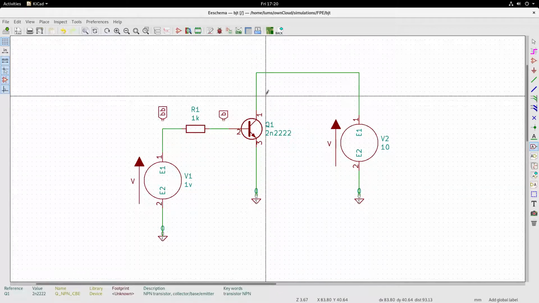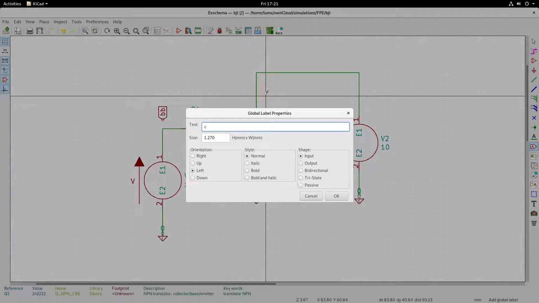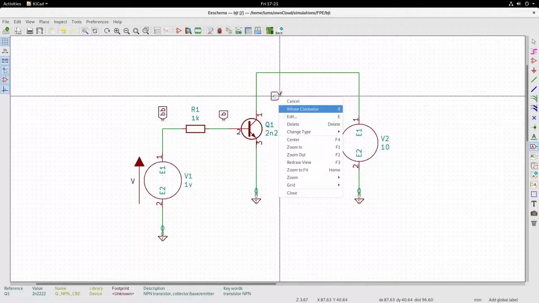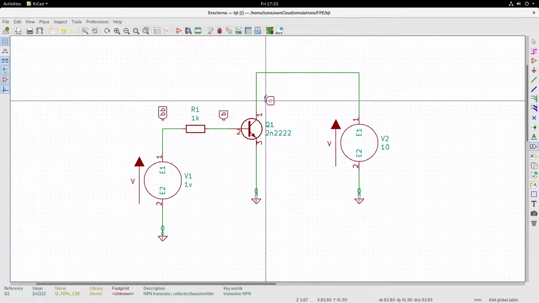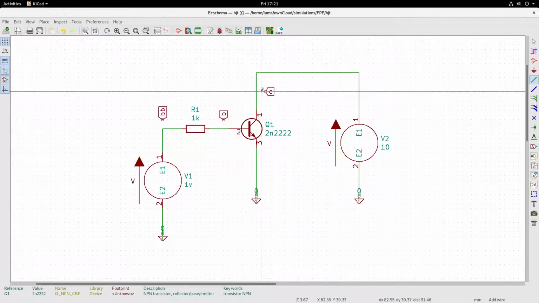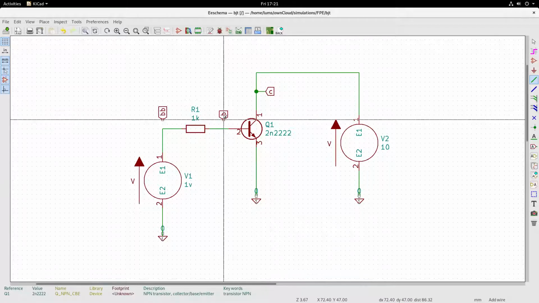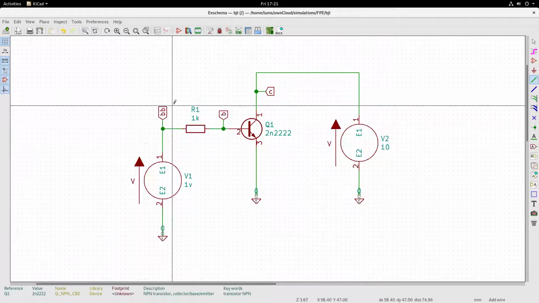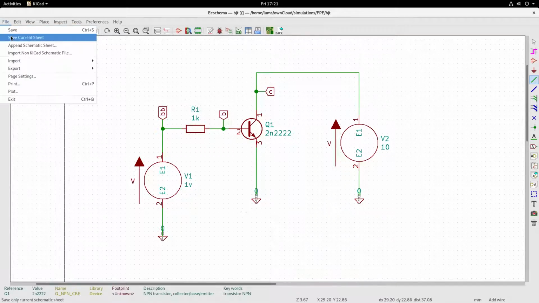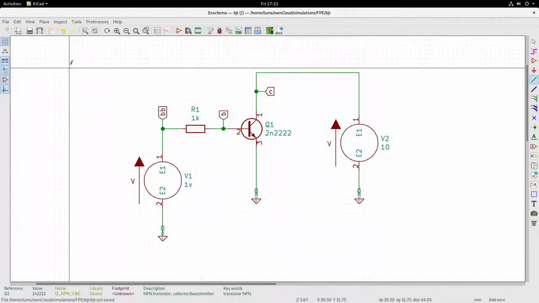So let me place the label here, and I will call it as C for collector, and rotate it and place it here. Now let us make that connection also using this wire. So this wire will connect here, this wire will connect here, this wire will connect here. So now we have all the connections made. Let me save it.